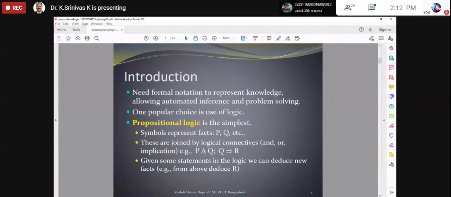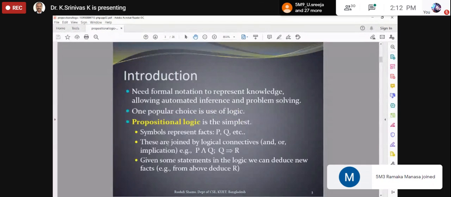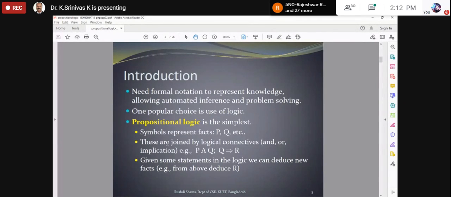So let us directly go to class. Now the topic is one of the most important topics in artificial intelligence, that is propositional logic. Now I'll tell you what is propositional logic in the introduction. Normally, what happens? As human beings, we give a lot of commands to other people. Let us say there are some healthy commands and some unhealthy commands. What do you mean by healthy commands and unhealthy commands?